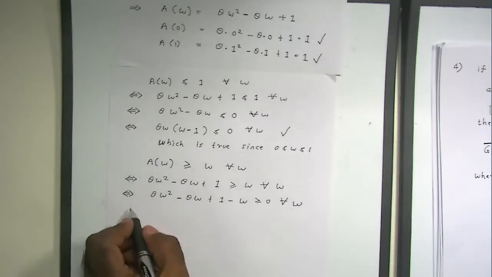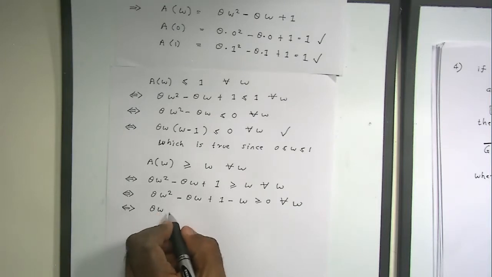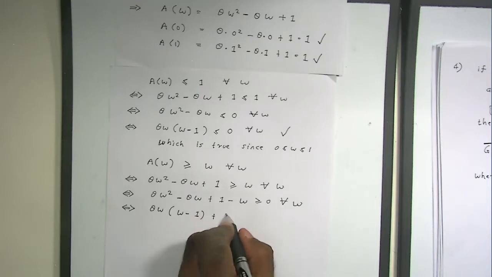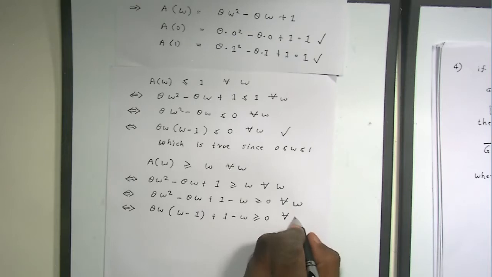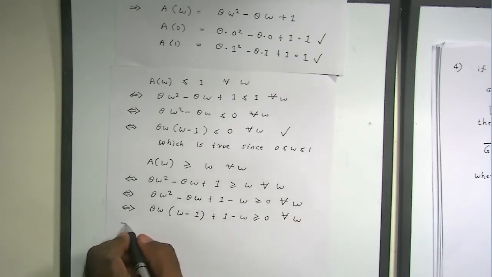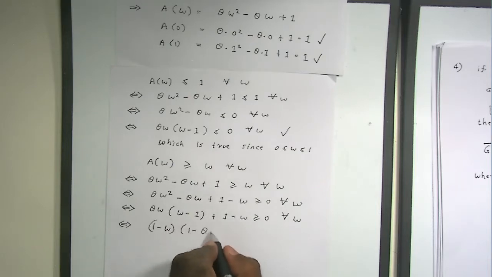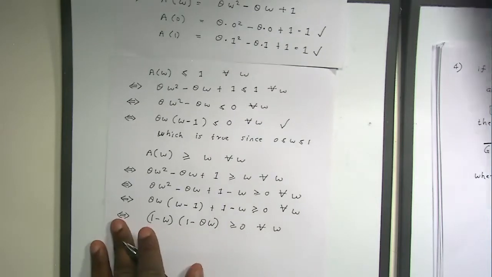Okay. Now here you can pull out theta omega, and inside the bracket you have omega minus 1, plus 1 minus omega, greater than or equal to 0 for all omega. And then you should take the common factor 1 minus omega, you get 1 minus theta omega. Okay. All right, and